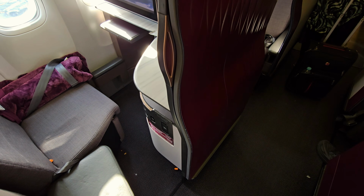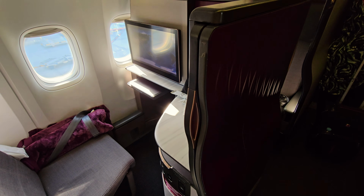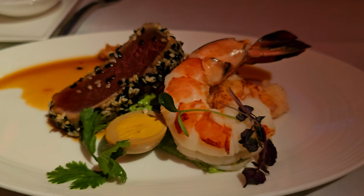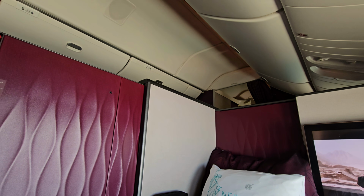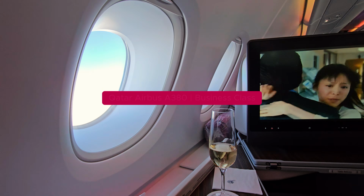It's safe to say that flying Qatar's Qsuite is life-changing and such a magical experience. The crew were really energetic despite being in the air for 14 hours, and the food was glorious. It's so private, comfortable, and the screen is huge. The only consideration is it could be a little bit claustrophobic over the older product, which will be flying on